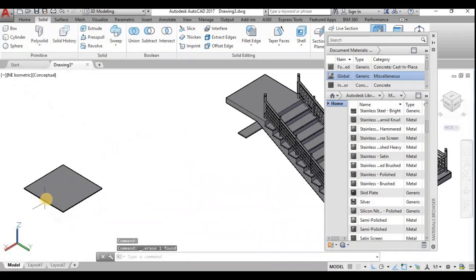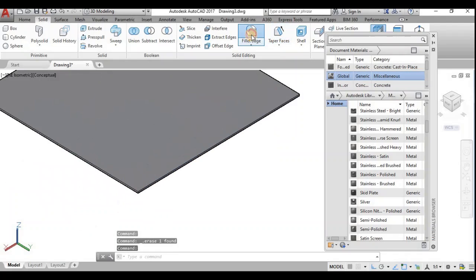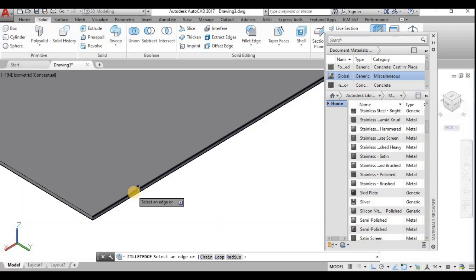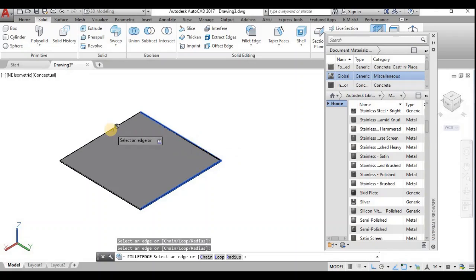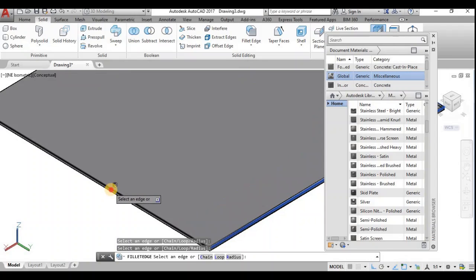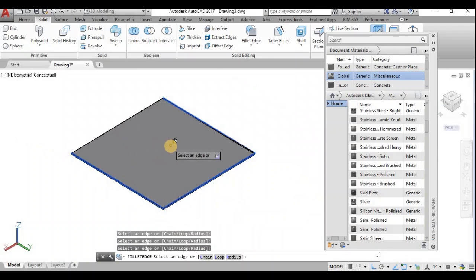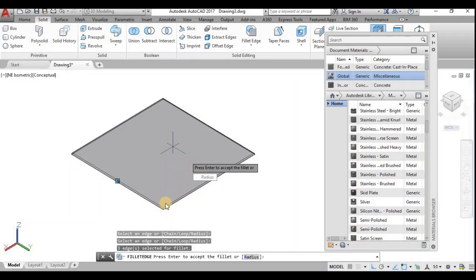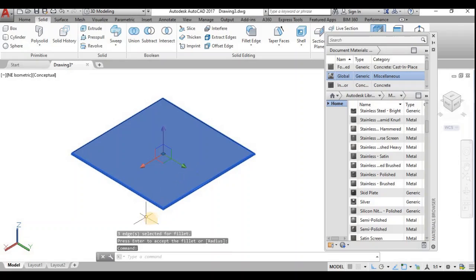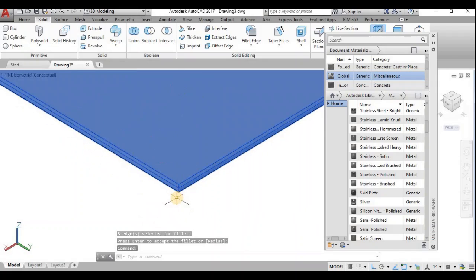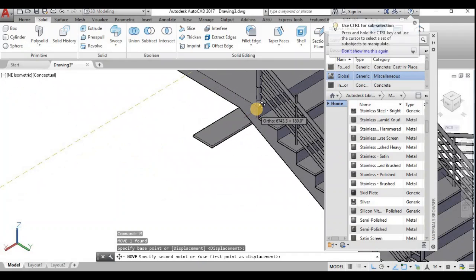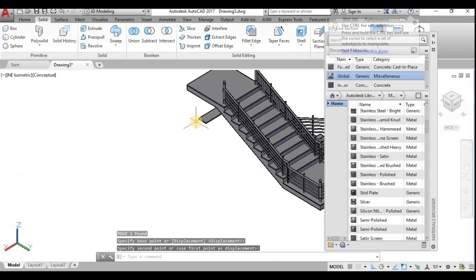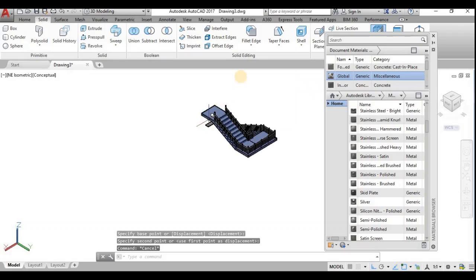Now I need to fillet three corners, or you can fillet all the corners, because one edge will be the floor. I shall place it by three edges. Now I shall place this filleted piece above this stair. Now we have placed the stair.